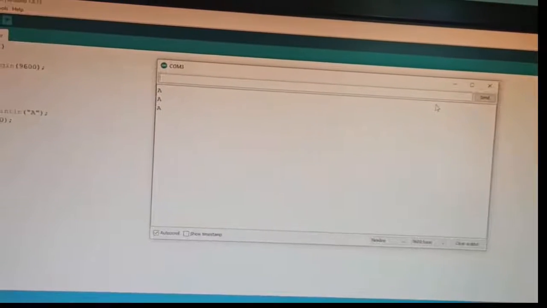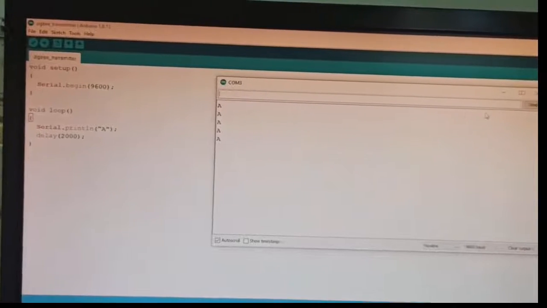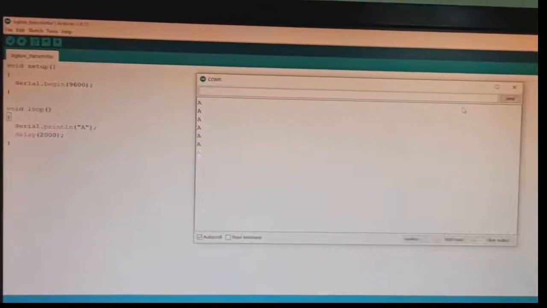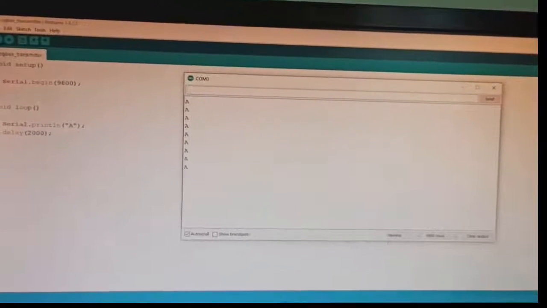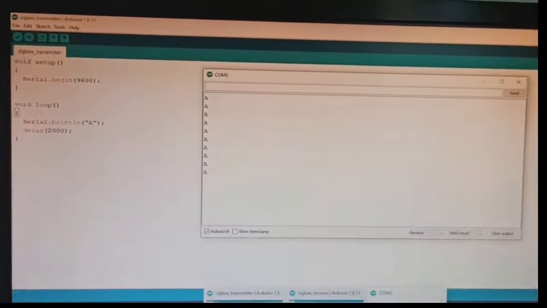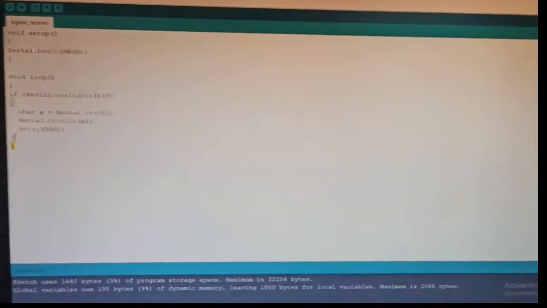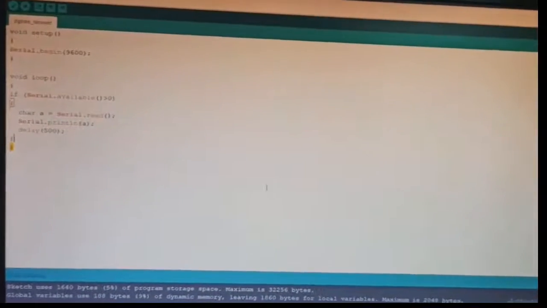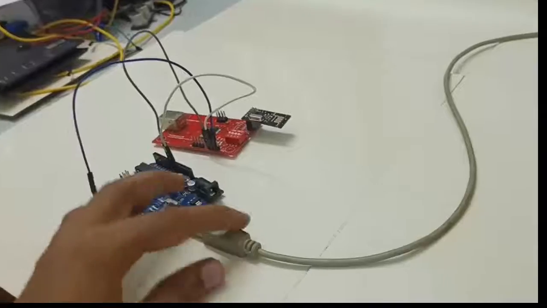So this data we need to receive in the receiver section, and we need to print the data in the receiver serial monitor. So for that purpose we need to upload the receiver code in the receiver Arduino board. For that purpose we need to connect the USB port in the receiver section also.